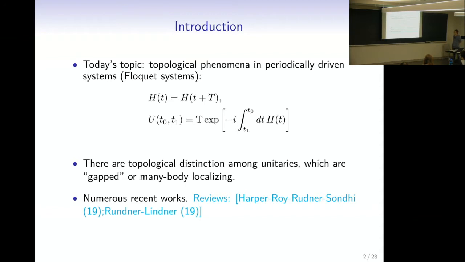This has also been mentioned, but just like we have a topological distinction in static systems, such as the ground states being distinct in a topological sense, we may have topological distinctions among unitaries. In particular, we can talk about unitaries which are gapped in some sense. And this has already been mentioned, but it can be unitaries which are many-body localized, many-body localizing. So we can talk about topological distinction among such quote-unquote gapped unitaries. There have been numerous works on this topic, and I could not mention all of these works, from which I got a lot of inspiration, but I will be able to mention perhaps a subset of such